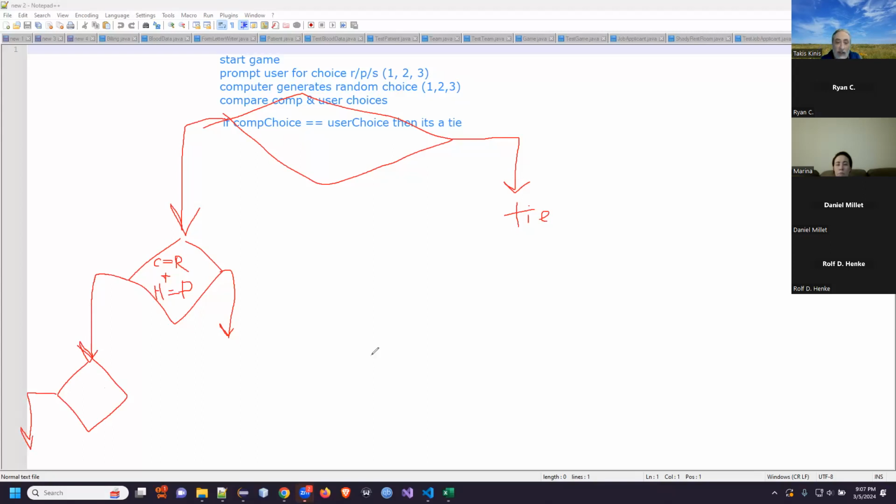Now, here's what's really interesting about this. And I'm going to see if I have a slide on this somewhere. I'm going to pause the recording just for a second and I'm going to show you a